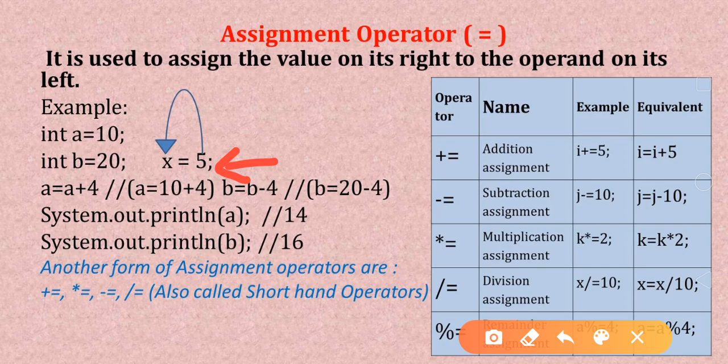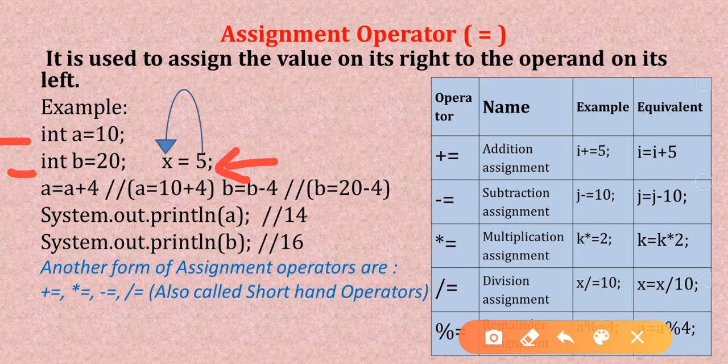So this equal to means 5 we are going to store under which variable? The x variable. In the same way, if you see the other two variables, int a and int b, I am initializing 10 to a and 20 to b. So this is the main function of this assignment operator.